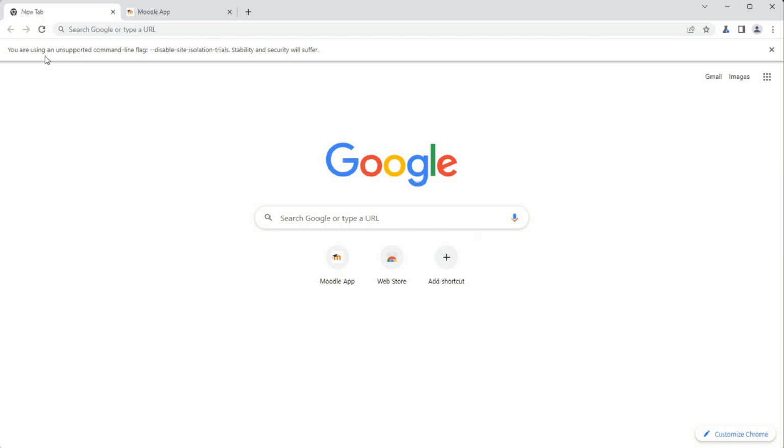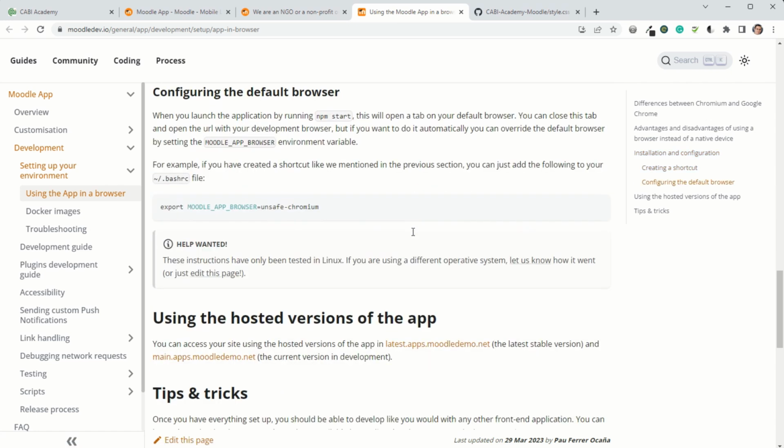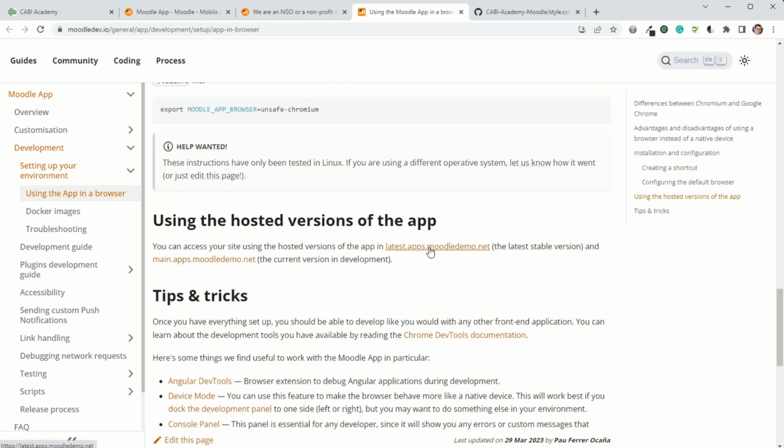So having opened Chromium, it kind of looks like a browser, but it's basically a much streamlined version. What we then need to do is go down and open this web page here, latest.apps.moodledemo.net,